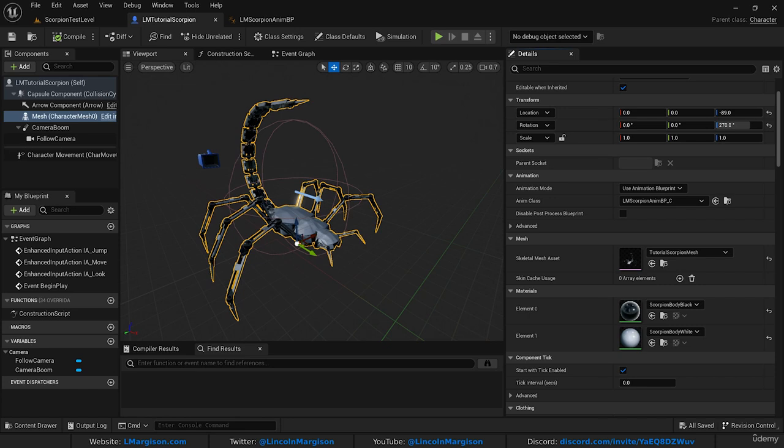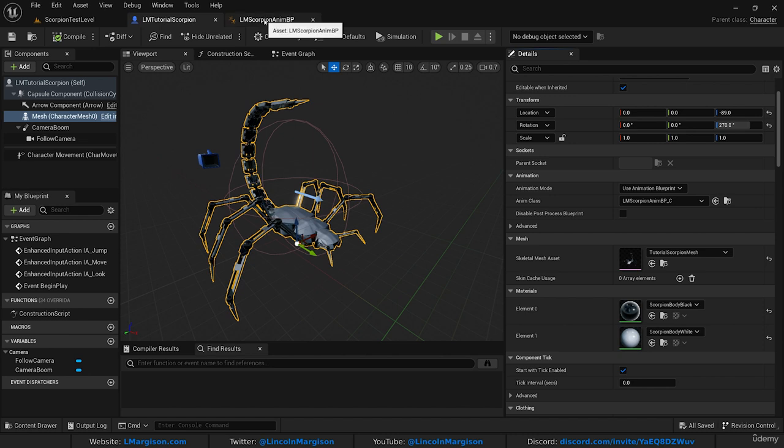What we're going to do now is modify our animation blueprint to use ControlRig. And what ControlRig allows us to do is direct bone manipulation on the character. So for example, we can move some of the legs, we can move the tail, we can do a lot of functions, a lot of calculations, and it all runs with good performance because it's all running as part of